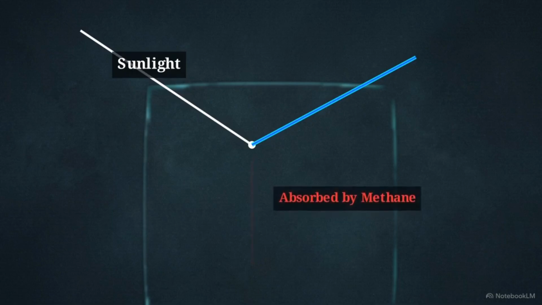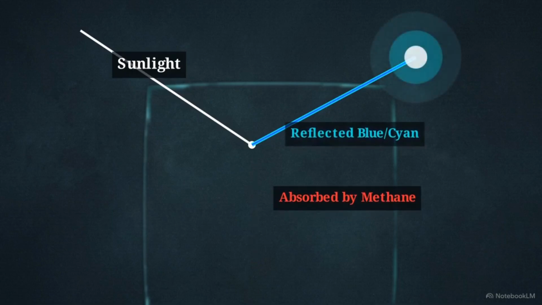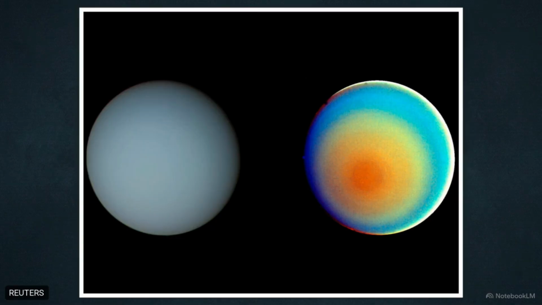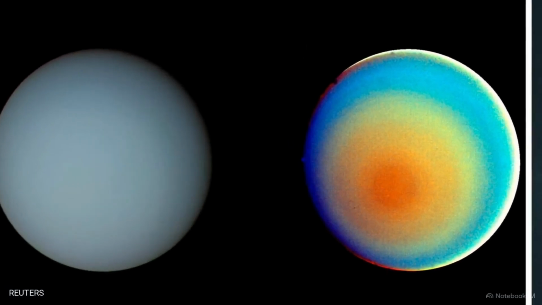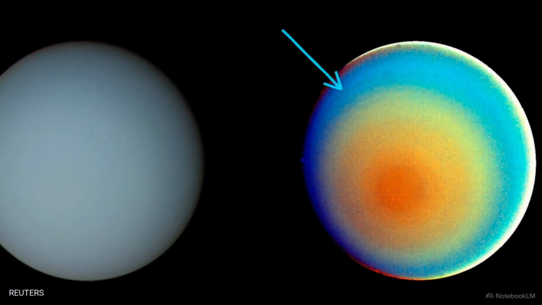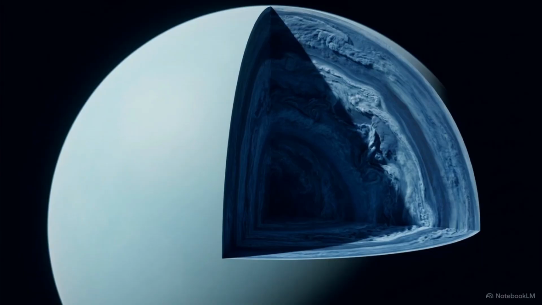This diagram illustrates the optical physics at play. When sunlight hits this layer, the methane molecules actively absorb the red wavelengths. Only the blue and cyan light manages to bounce back out into space, creating that iconic serene color. This side-by-side image cuts through that optical effect. The false color enhancement on the right proves the existence of distinct bands of turbulent weather underneath the haze. The featureless exterior acts as a chemical camouflage, masking the turbulent and pressurized interior beneath a layer of methane haze.